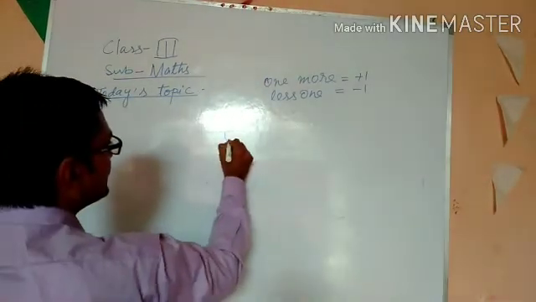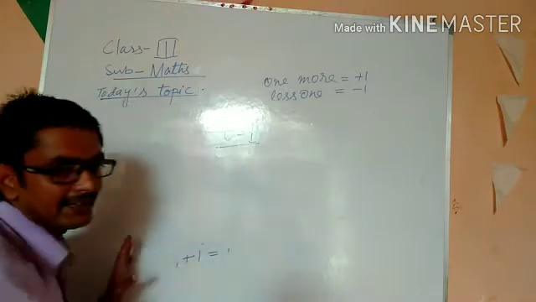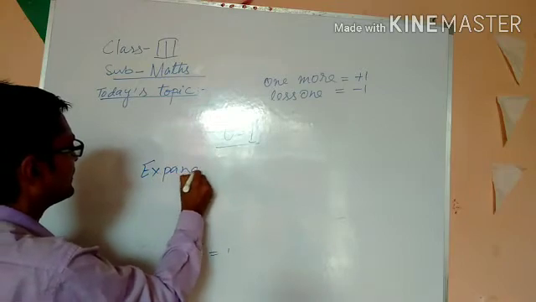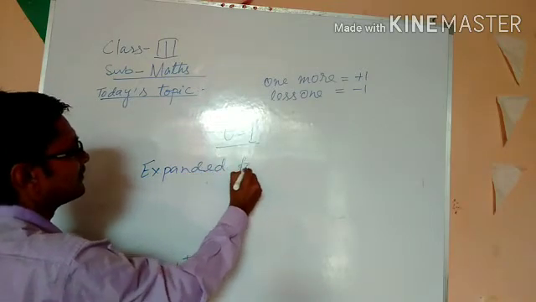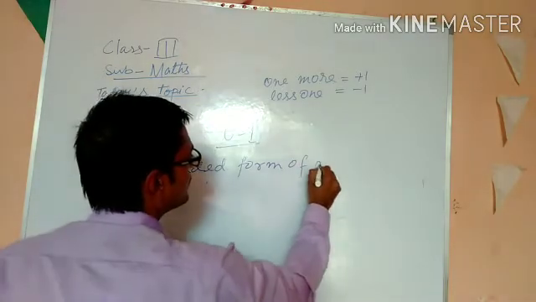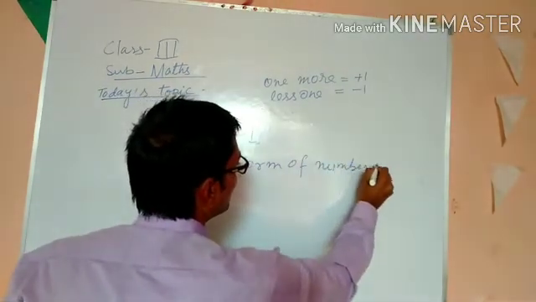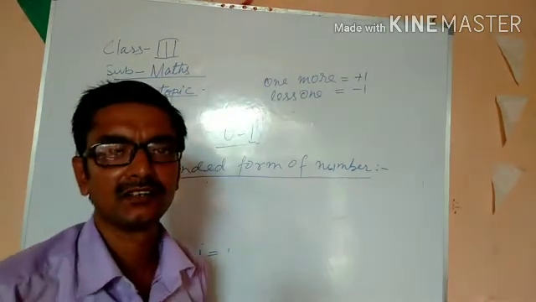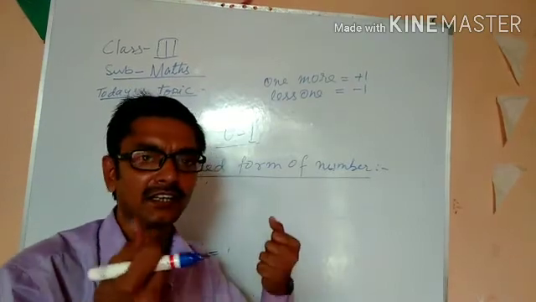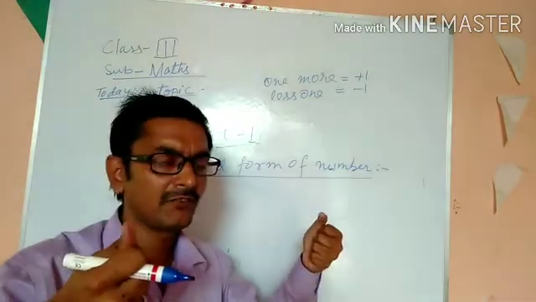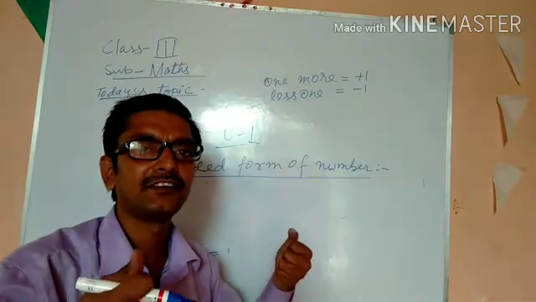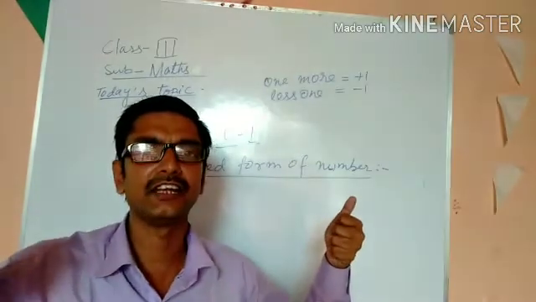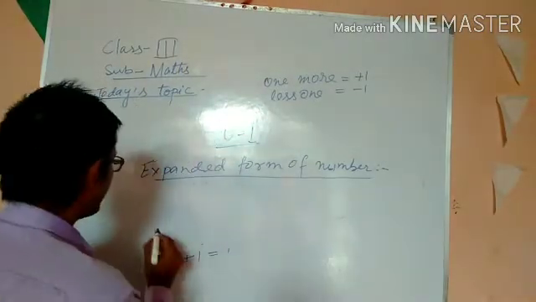in unit 1 you will have to practice the expanded form of a number. What do you mean by expanded form? Expanded means to stretch the number. As you have a garter in your hand, if you stretch it, what will you get? It will increase in length. So you have to stretch the number in such a way that it increases in length.